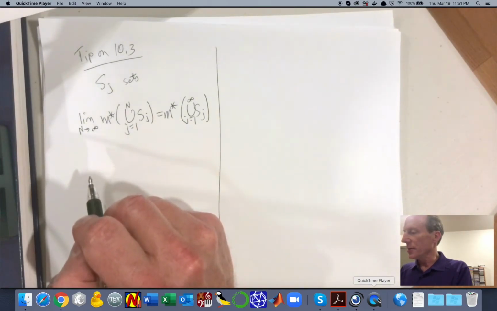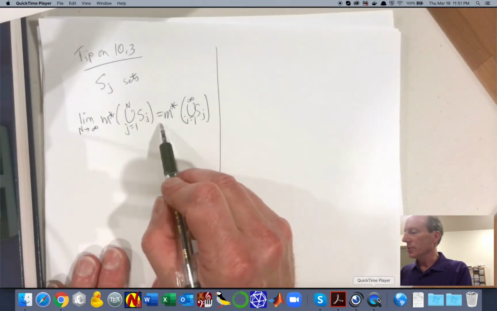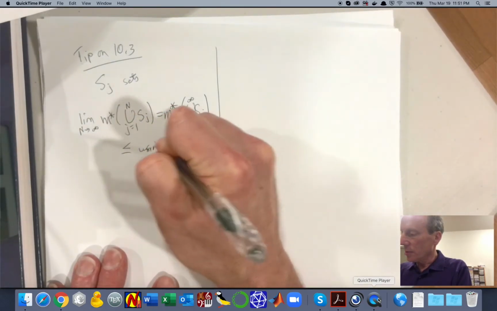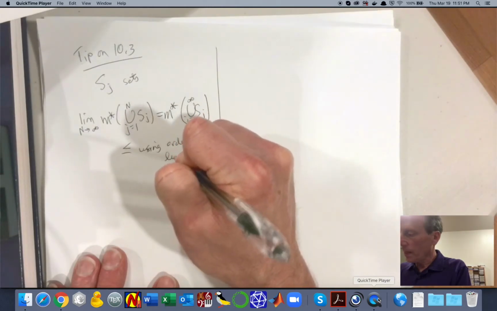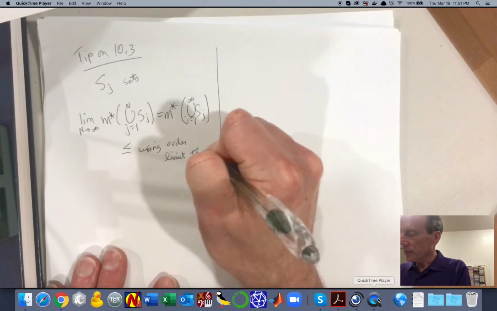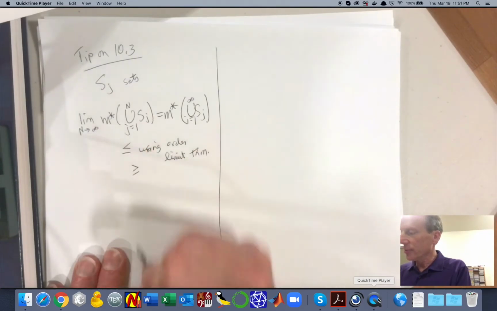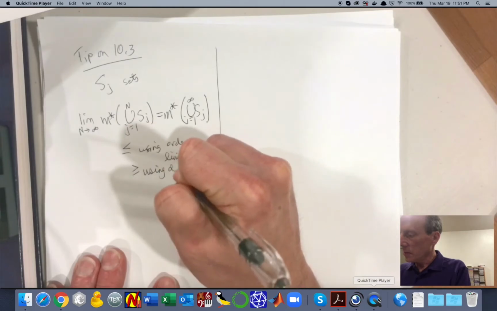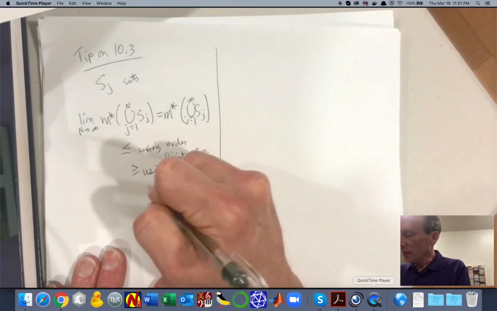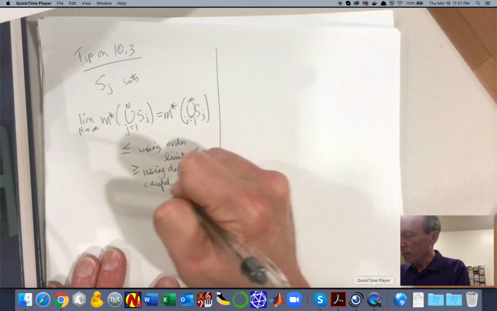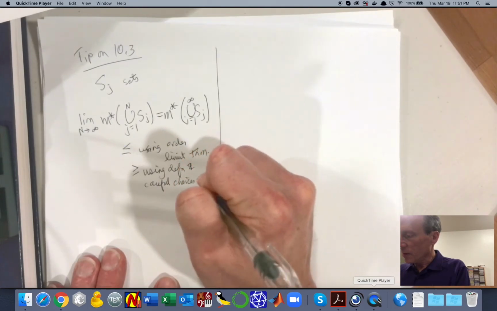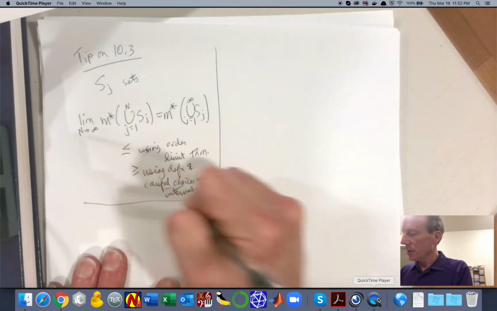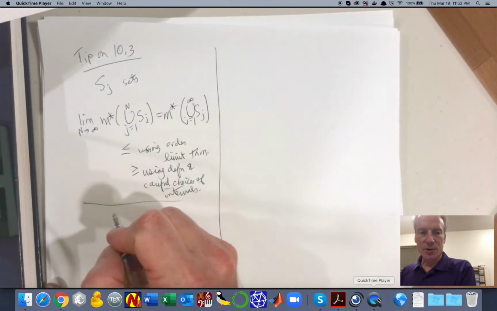It turns out that you can get a less than or equal to using the order limit theorem, and you can get greater than or equal to using the definition and careful choices of intervals. So what do I mean by that? So for instance,